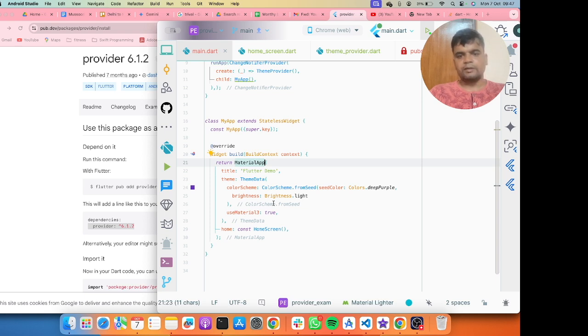I will give the default value of flag to the switch, and here I will change the value. There is no need of this.